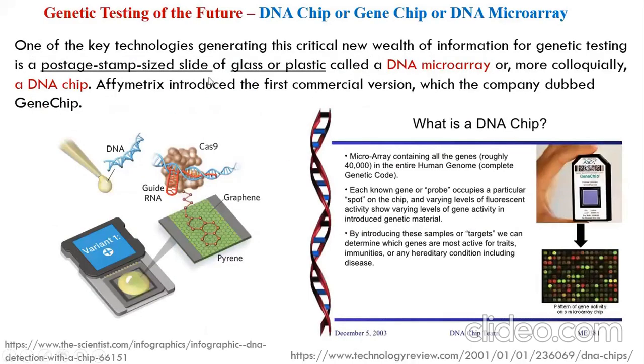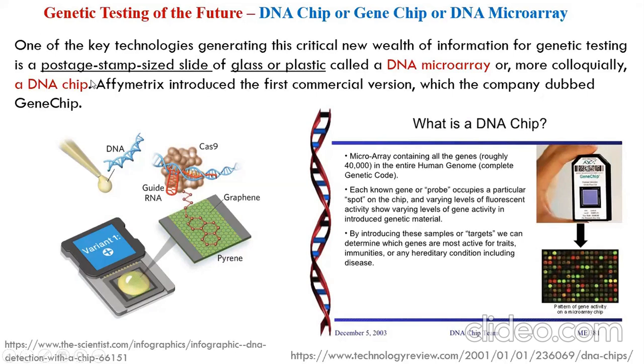Then coming to the chapter conclusion, that is called the DNA chip. What is a DNA chip? They have given it in the curriculum. You might get a 2-mark or 4-mark question. A DNA chip is nothing but a genetic testing kit or genetic testing chip that is the size of a postal stamp. If you see a postage stamp, it is nothing but that size.